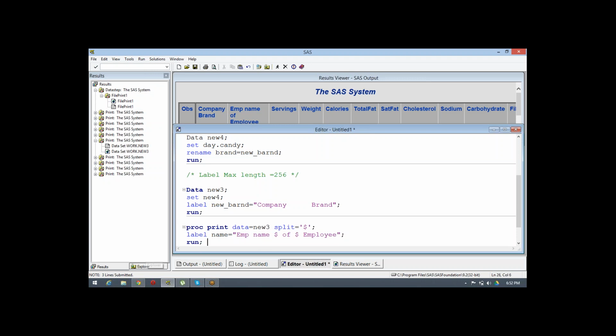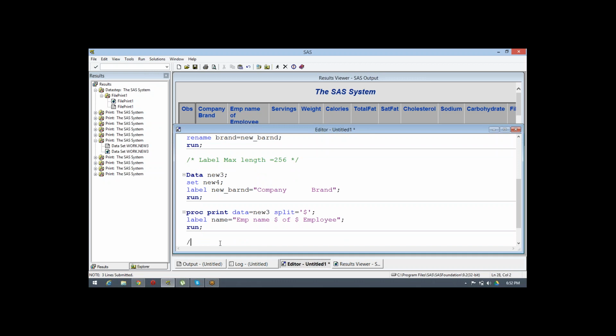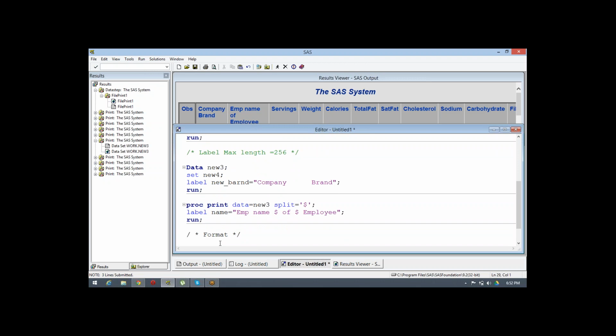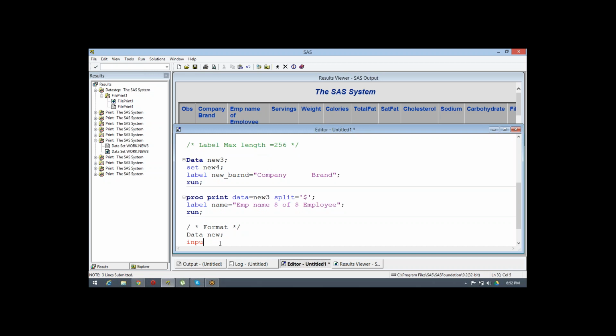Now today again we will discuss format. Previously we were learning about when we receive a date in a particular format like DDMMYY10., but I wanted to display it as a date. Let's suppose data new, input date.